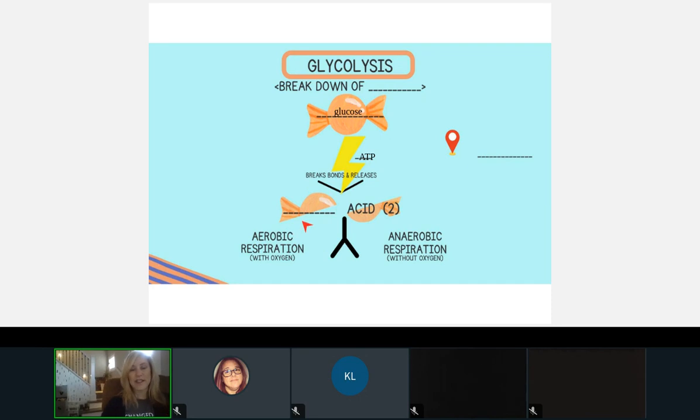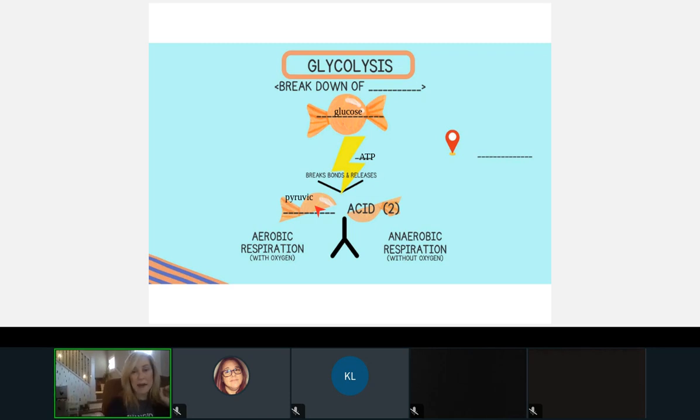We talked about what a silly word that is. All right, so if somebody will put pyruvic up there. So we talked about how glycolysis is a breakdown of glucose into pyruvic acid, and that we'd only produce 2 ATP in the whole process of glycolysis, but the most important part are these pieces of pyruvic acid that go